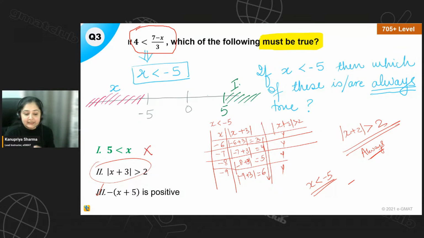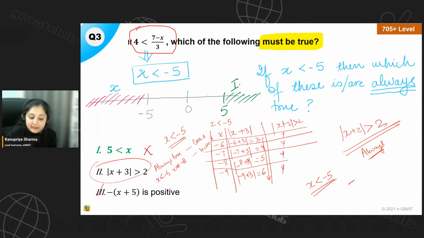So, Anushri, the thing is that if x is less than negative 5, will it be always true? If it is always true, then it is correct. However, if there is any value of x less than negative 5, for example, let's say x is equal to negative 8, if this inequality failed, then it would be incorrect,